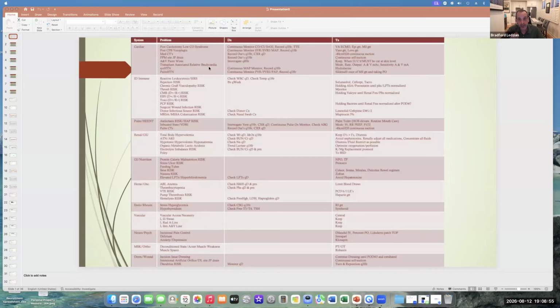It's not as good as conduction through your native conduction system, right? So conduction through myocardial tissue is slower than conduction through the actual conduction system. So if you can AAI pace someone, fantastic, great. But if you're VVIing someone, that's less so good, right? It's going to affect their cardiac output.